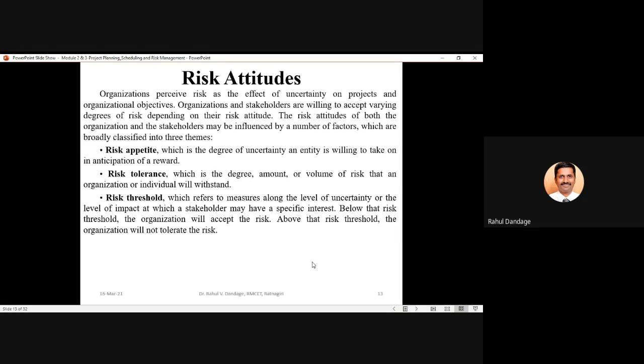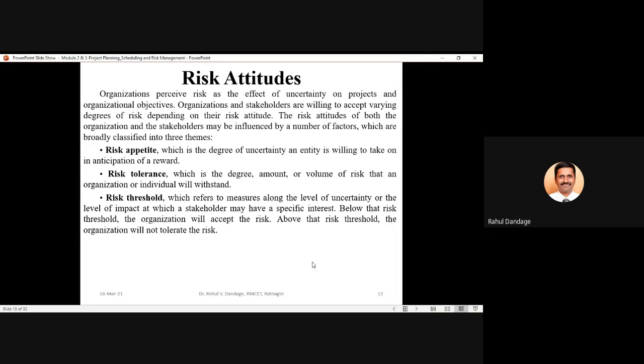Taking the first one, risk appetite is the degree of uncertainty an entity is willing to take on in anticipation of a reward. So how much people will be willing to undertake any risk in anticipation of any reward, that is nothing but the risk appetite.